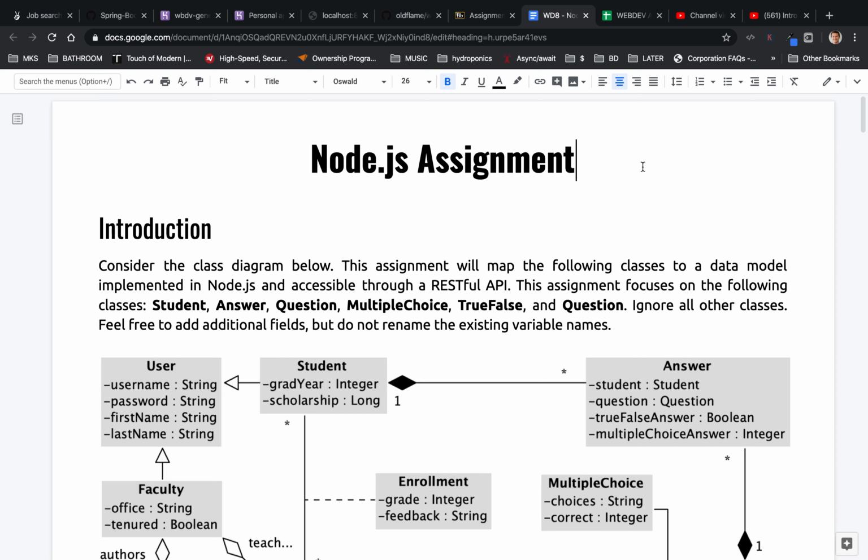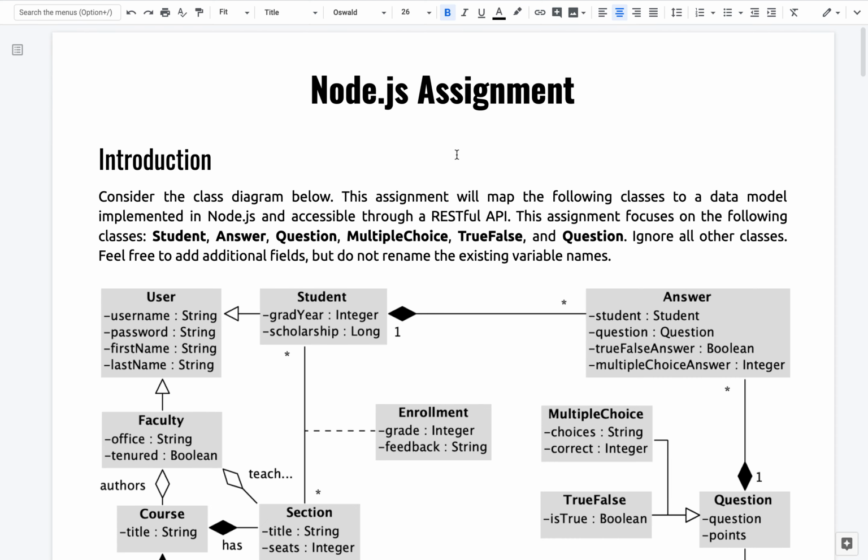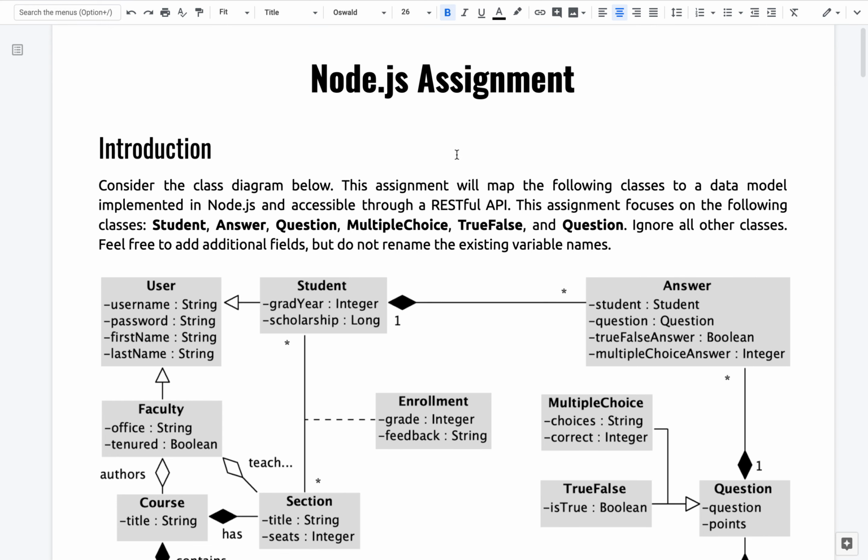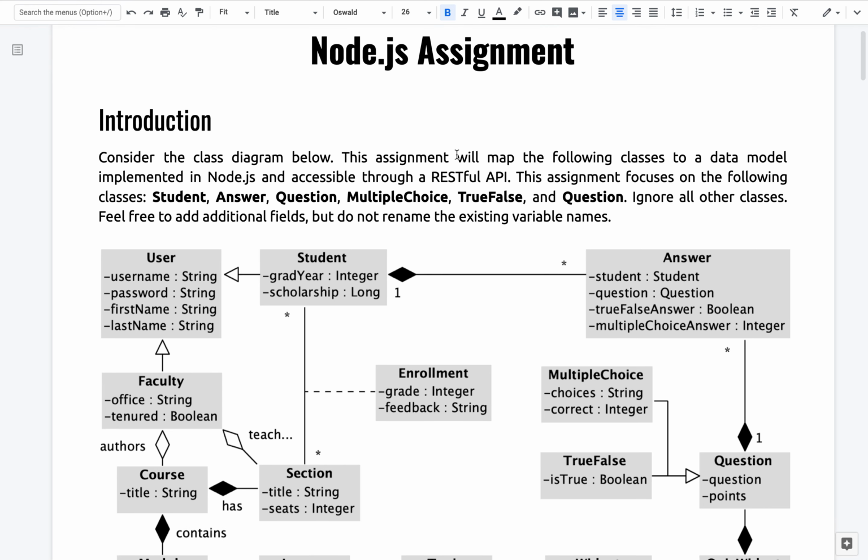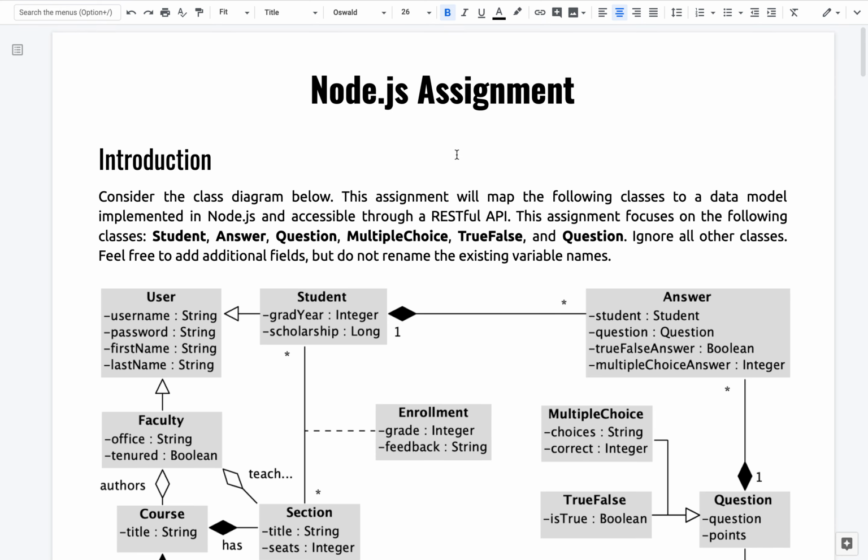This week's assignment is to use Node.js to create a server that is going to host some data that will be rendered by our Angular application. Last week we focused on creating Angular components that rendered courses, then allowed us to navigate to a course